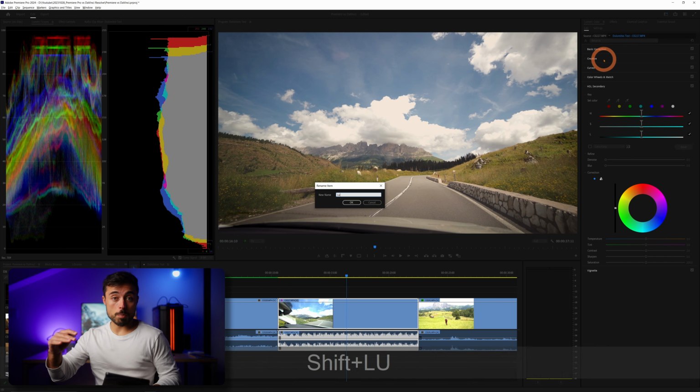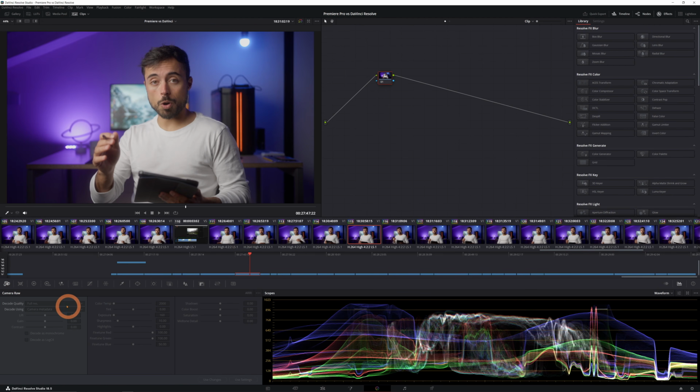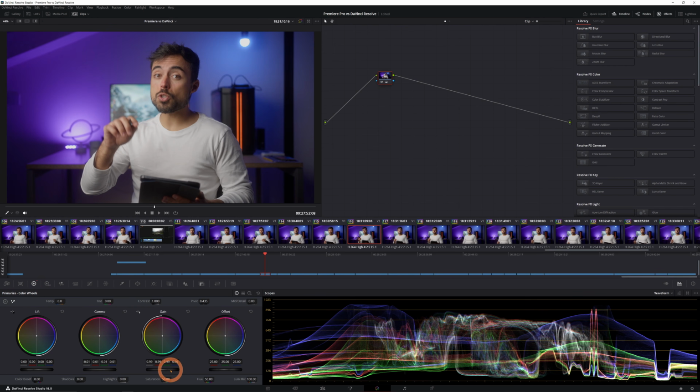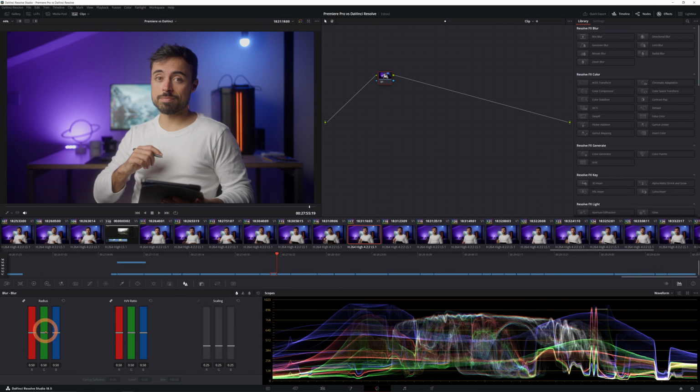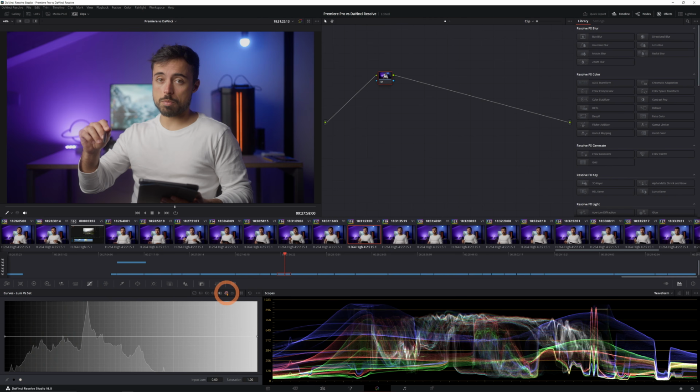Now Premiere stops there, and here is from where DaVinci picks up and it makes you realize how many things you're missing by not having all these features that I'm gonna show you. In the color page here, you've got noise reduction, you got embedded raw controls, you got the color checker, you got primaries but also log wheels, you got sharpening tools, you got curves with the waveforms below for reference,